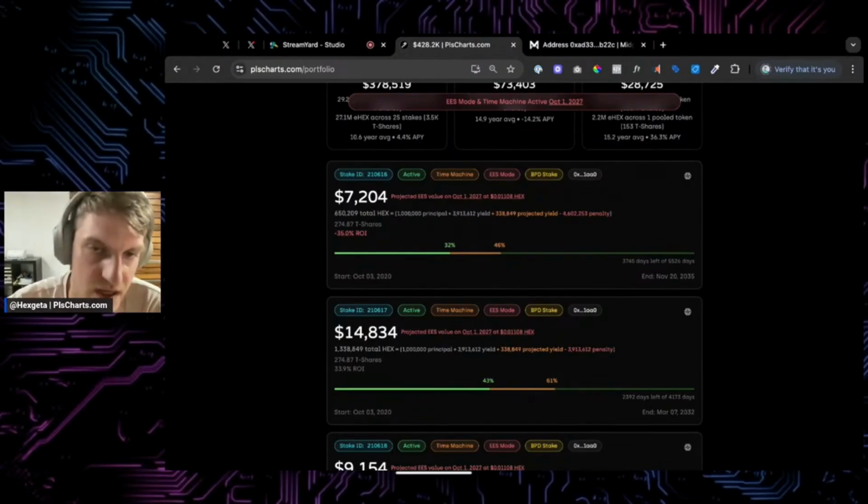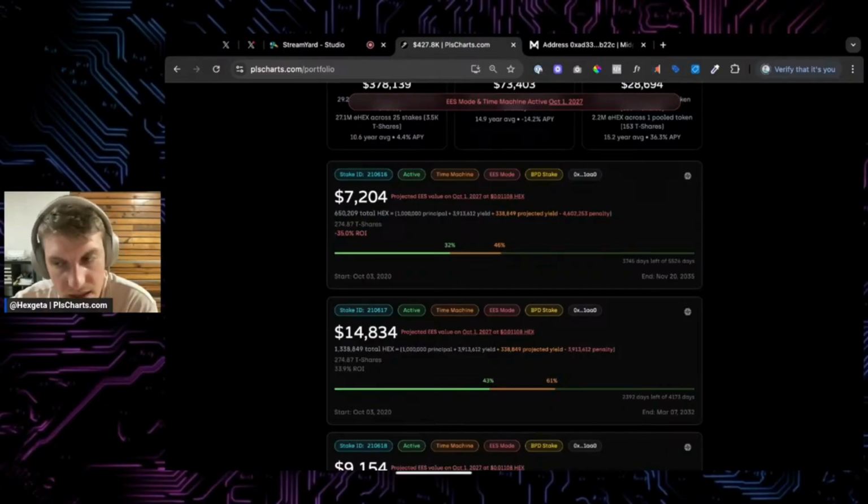There are a bunch of incentives and variables baked into HEX to encourage longer staking and encourage you to keep hold of your HEX stakes. But for some users, it may make sense for them to early end stake if we see truly incredible dollar values for HEX, right? So for example, for this HEX stake here,